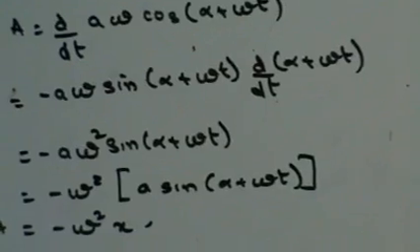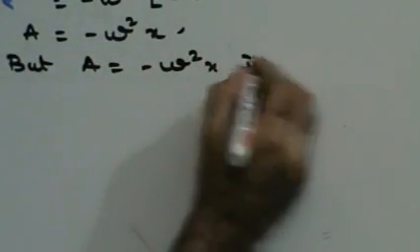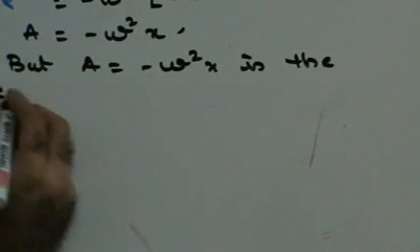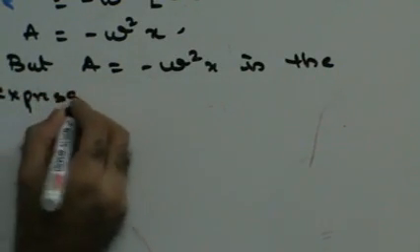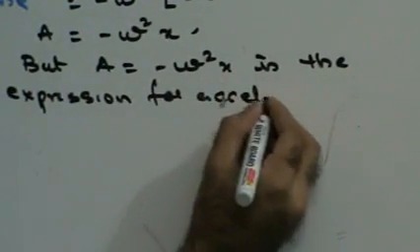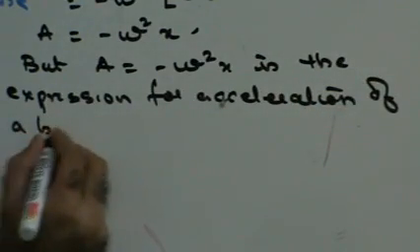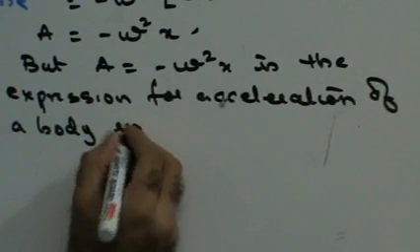So acceleration is minus omega square x. A is equal to minus omega square x is the expression for acceleration of a body in SHM,